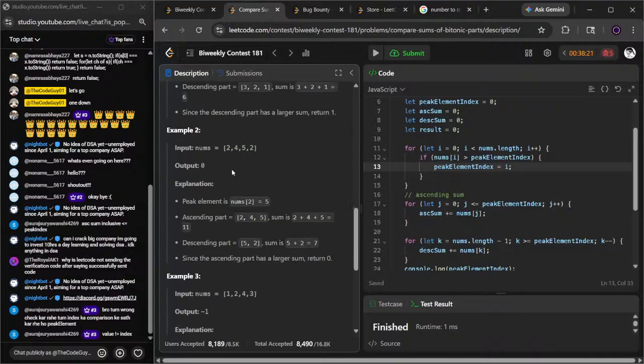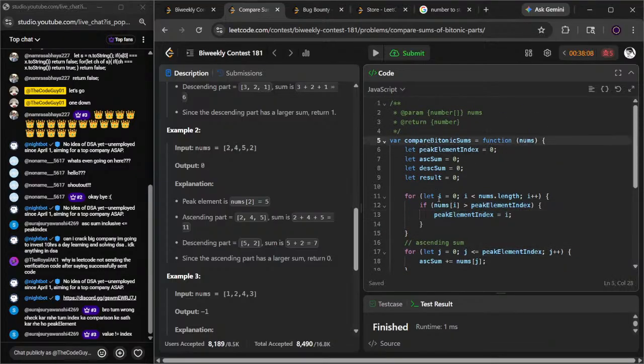फिर अगर डिसेंडिंग असेंडिंग से बड़ा है तो फिर 1 आ जाएगा आउटपुट। यहाँ पे भी देख 4 5 है, और यहाँ पे सबसे बड़ा नंबर कौन सा? 5 है, तो 5 का इंडेक्स लेगा ना, 5 का वैल्यू लेके क्या करेगा? तो मैंने क्या किया है, पीक एलिमेंट इंडेक्स एक बनाया हूँ, and पूरा एरे iterate कर रहा हूँ। And अगर nums of i पीक एलिमेंट इंडेक्स से बड़ा है, फिर मैं उसको स्टोर कर दूँगा। यहाँ पे वैल्यू ले रहा हूँ ताकि मैं इंडेक्स ना दूँ, क्योंकि इंडेक्स से वैल्यू का पता ही नहीं चलेगा। अगर nums of i पे जाएगा तो फिर you will get the value, right? 2 4 5 2। सो यहाँ पे तेरे को 5 सबसे बड़ा दिख रहा है, तो फिर you just store the 5 and check again if वापस 5